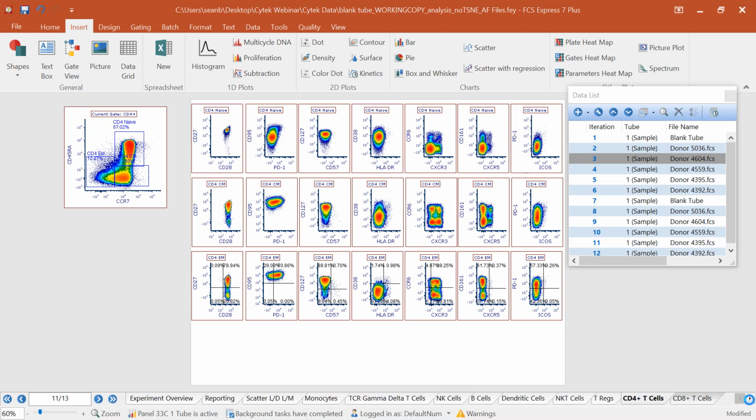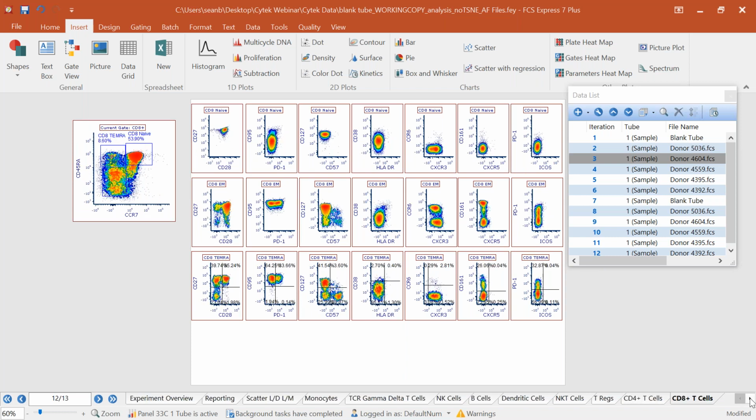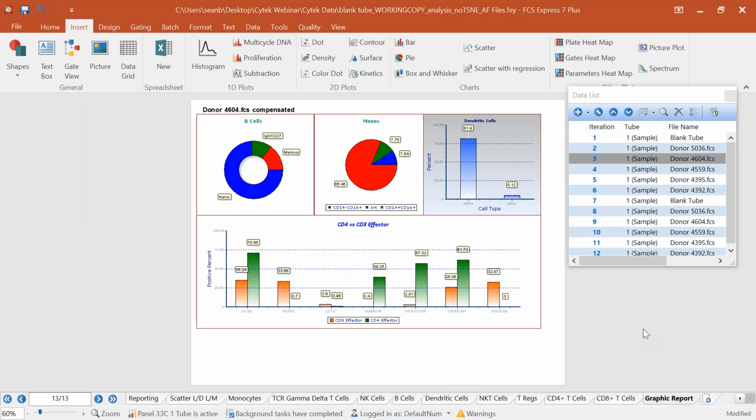And there's something that I think should be used in conjunction with the high dimensional data reduction tools, which we are going to jump into here in just a second. But in the end, we really do focus on that end result in FCS Express. And here's a nice little graphical report of just a few of the subsets, right? Here's our B cells, here's our monocytes, our dendritic cells, here's our CD8 effector versus CD4 effectors for this particular